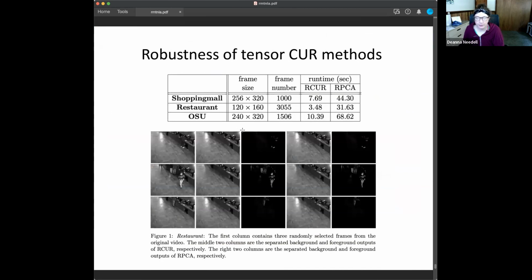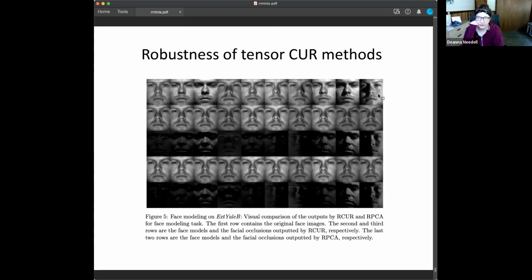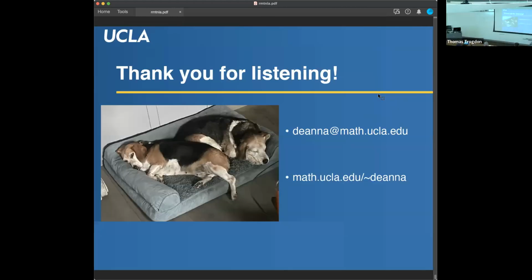some CUR application, which is a robust CUR method for doing something, for example, like detecting background and foreground. And we actually show that we can be quite fast compared to things like robust PCA. And again, because you're using CUR, your building blocks are actual pieces of the data. And so even though you're doing a machine learning task, you also don't have to sacrifice by using a black box method. You can sort of go inside and understand actually what's happening. We have similar results for facial recognition problems, but I think I will end there and save a couple of